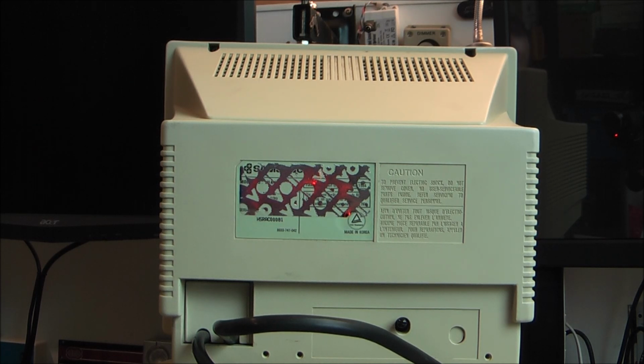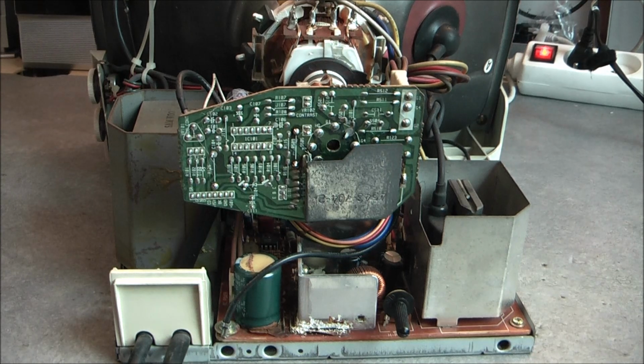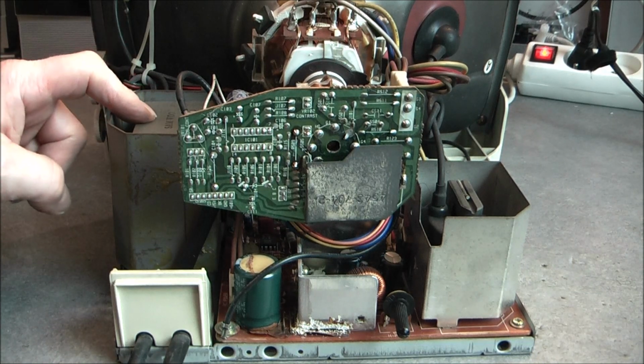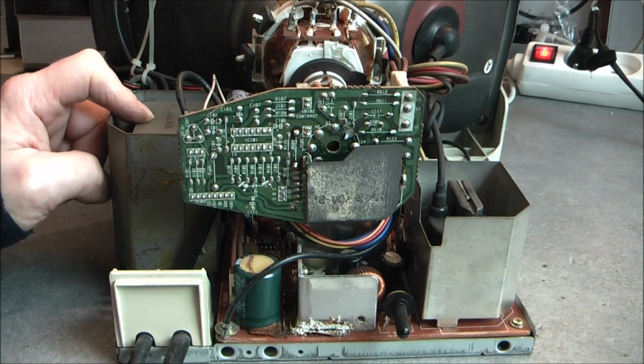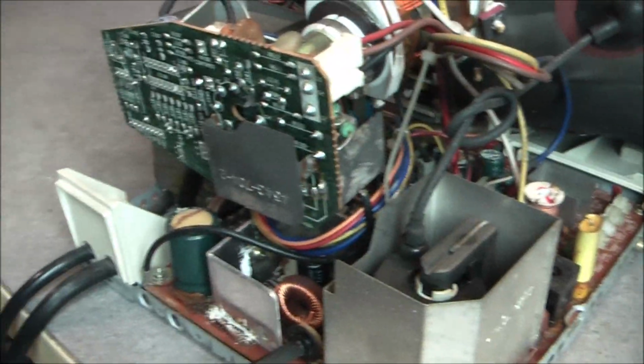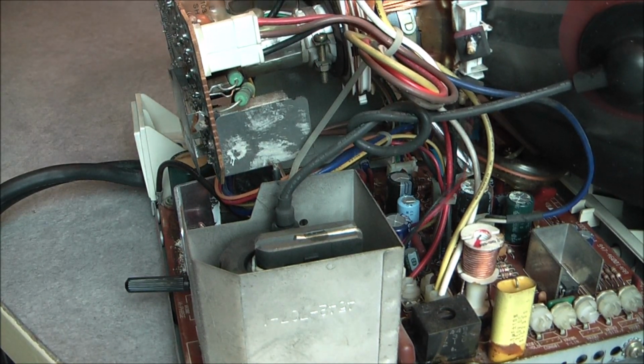So time now to crack it open and have a look at what we have inside. A quick look inside the monitor: a very boring and regular monitor design for a CRT. The only noticeable thing is we have a linear power supply with a transformer in here with copper shielding around it. So I will be able at least to save the copper. And a brown PCB, nothing particular, except a completely rotten capacitor here